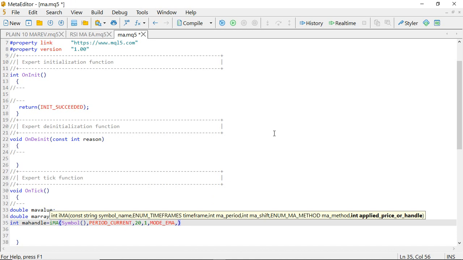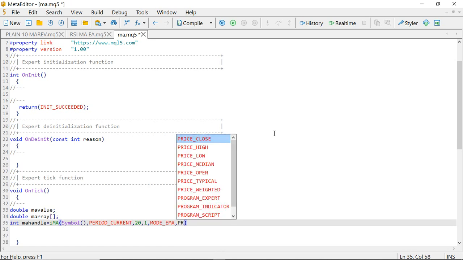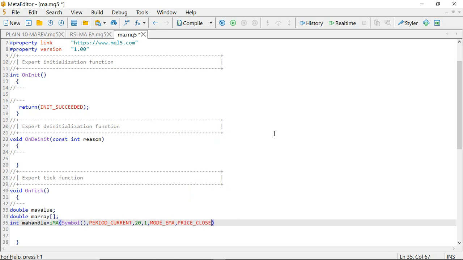And then for the applied price, we are going to use the close prices. We're going to use the close prices to calculate our moving average values. You could use the high price, the low, and everything. In this case, we're going to use the close prices. And that's it. So what we need to do is, after getting the values from the system, we are going to first of all arrange our array